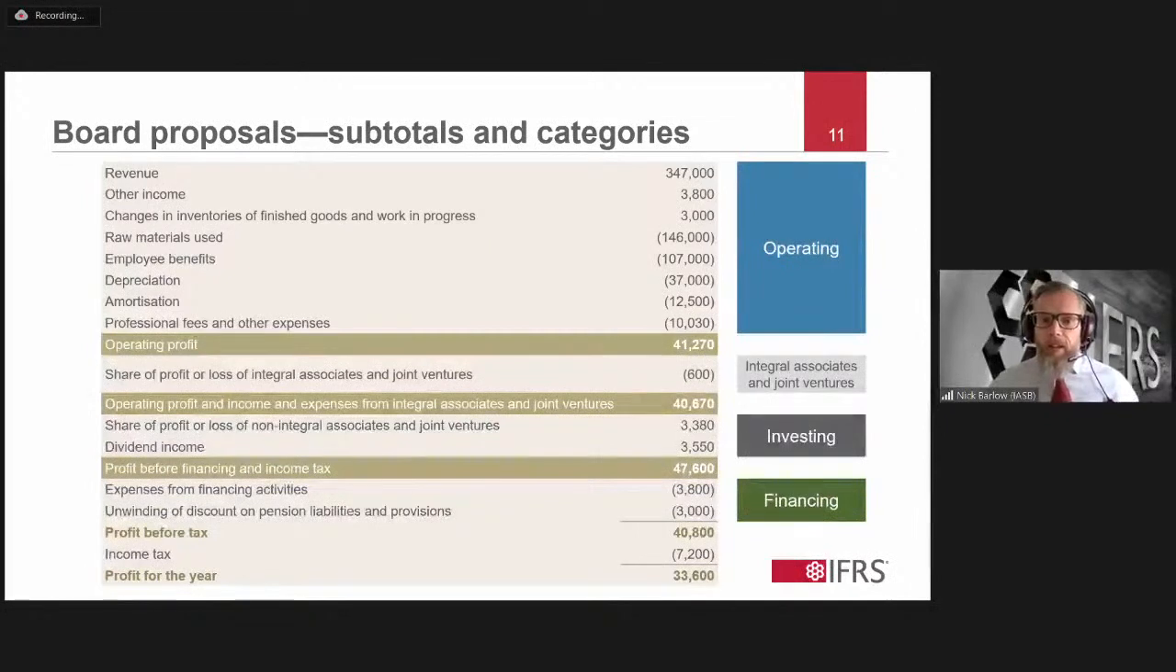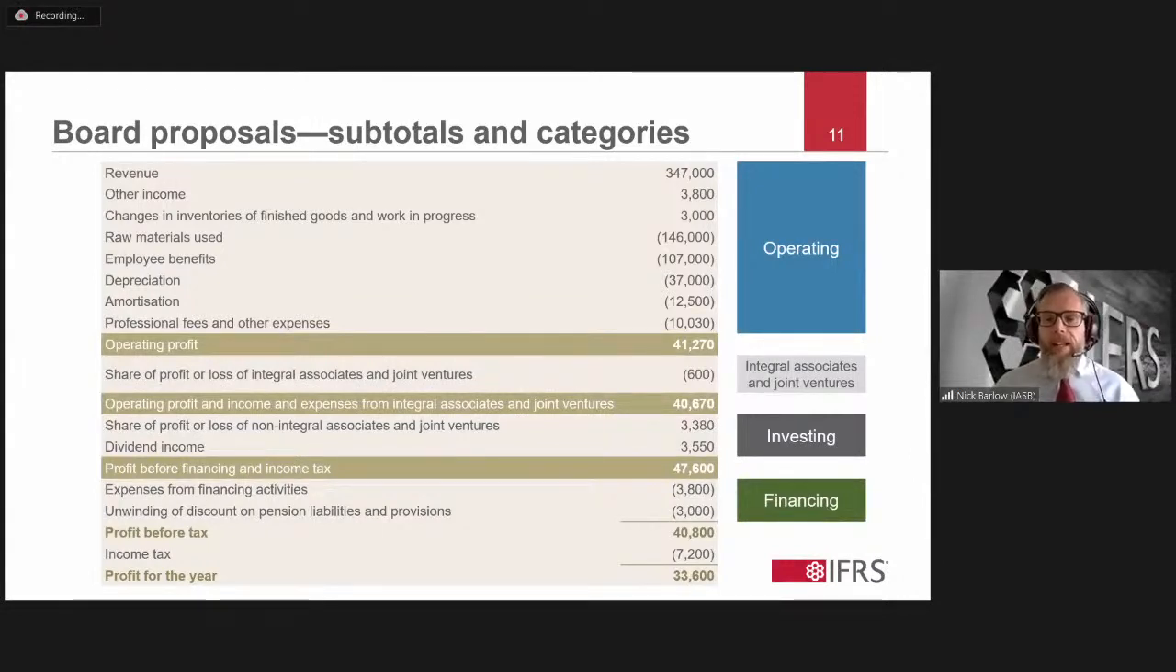So those are the main subtotals and the categories that are being proposed. Now, many might wonder what happens for an entity such as a bank, where that financing category is really the main business of the entity. And so to deal with this, the board has proposed some principles to move those expenses into the operating category when that makes sense. And that principle is around when an entity provides financing to customers as its main business